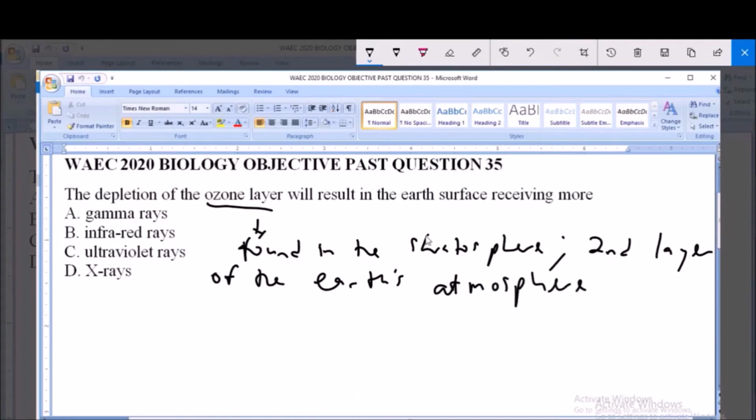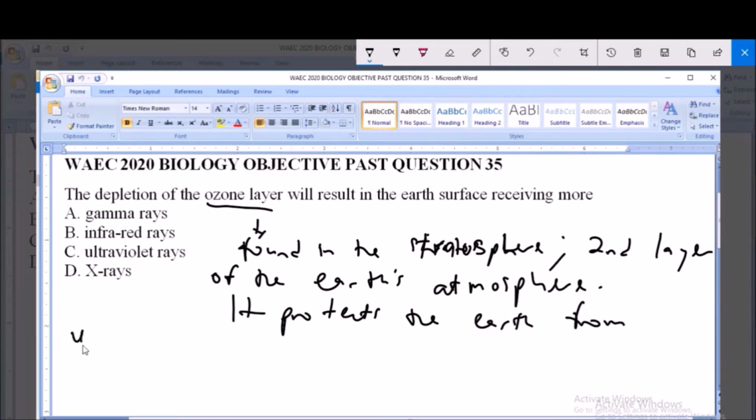So the stratosphere is where the ozone layer is found. Now, the ozone layer protects the Earth. It serves like a protective covering of the Earth from ultraviolet rays